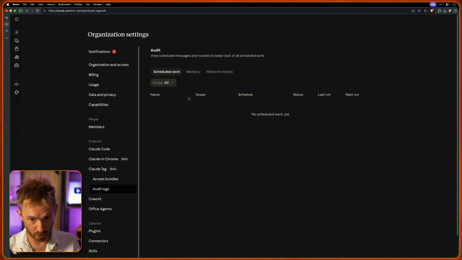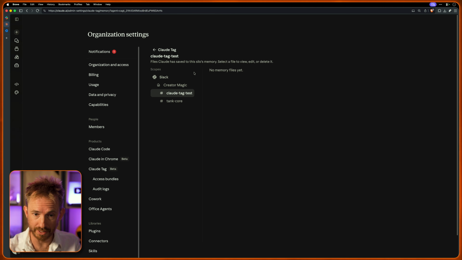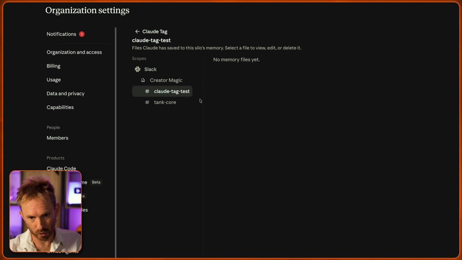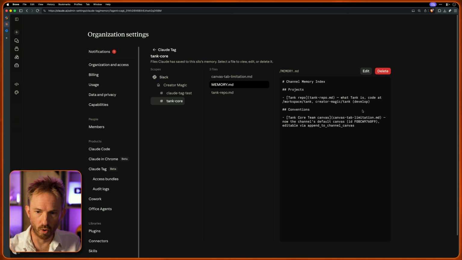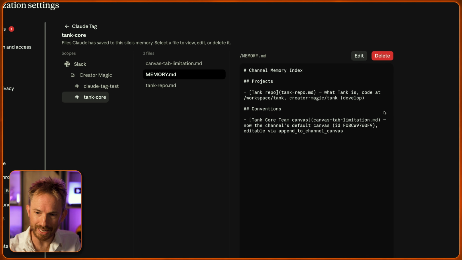we can see everything Claude Tag is doing in our organization. For instance, under memory, nothing yet for Claude Tag test. I literally just set it up. But under tank core here, we already have the beginnings of a memory.md file, which starts the information on what exactly it should know. This is very OpenClaw-like, and essentially, I feel like this is OpenClaw or Homie's agent for